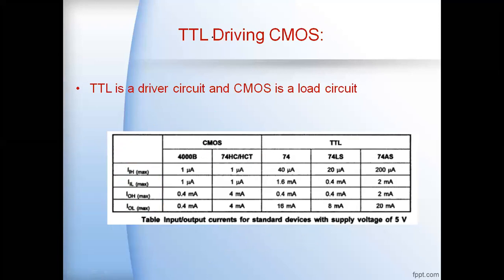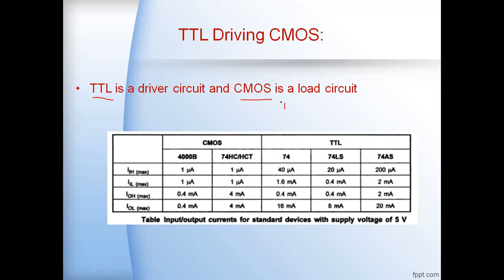So let's see the TTL driving CMOS. So the input is the TTL gate and the output gate is the CMOS gate here. So now when we want to interface a CMOS input to the TTL output gate, we have to look at the current and voltage ratings of the two devices here. The current and voltage ratings of the two devices. First, we will see the current ratings here. What is the input here? The input is CMOS input.